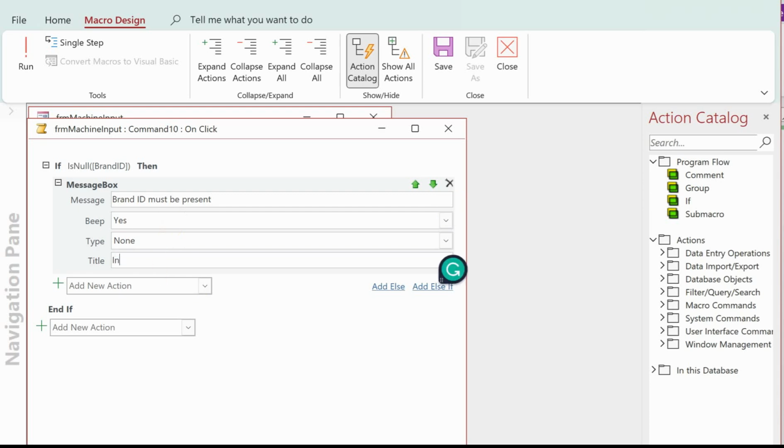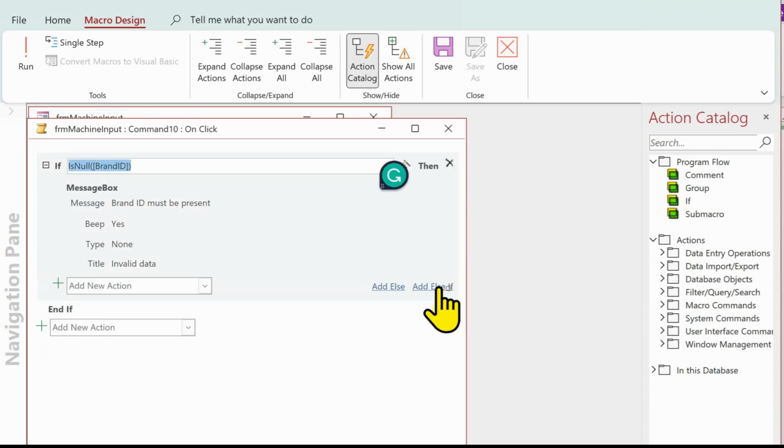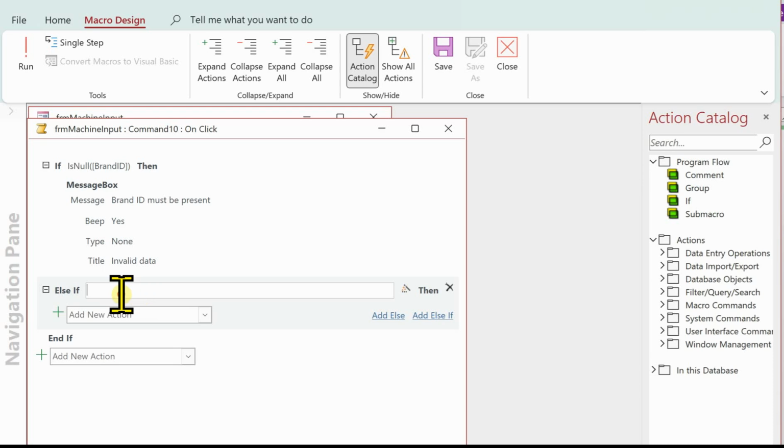Then we need an else if, not just an else, but an else if. And this one we're checking the presence of the purchase date. So we're using is null again. So we're saying if it's null,